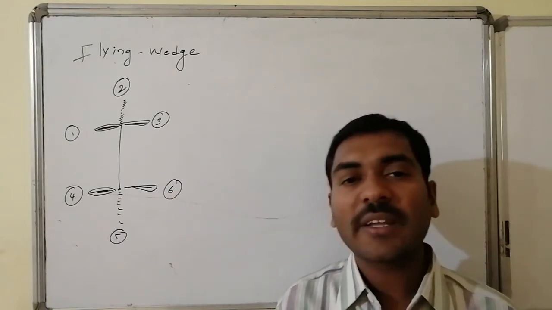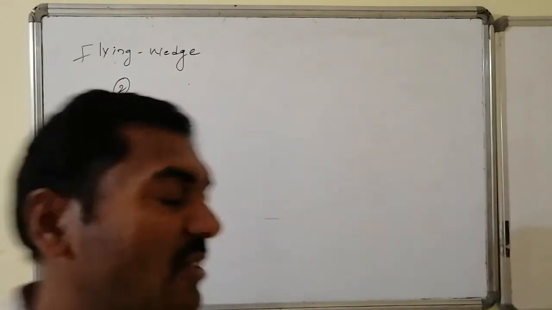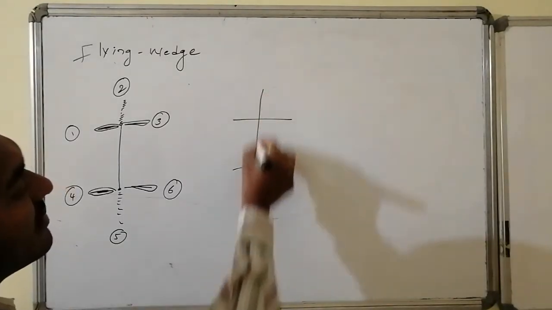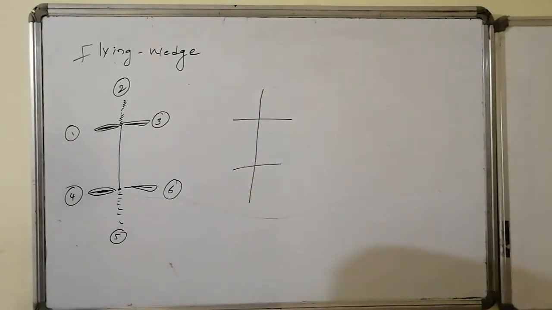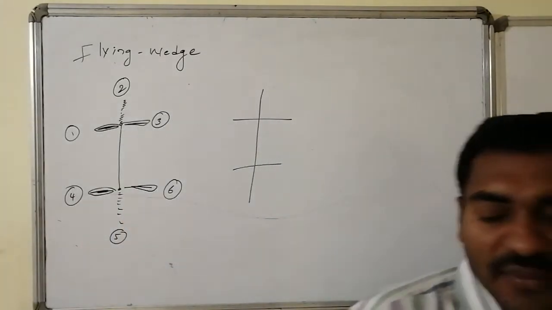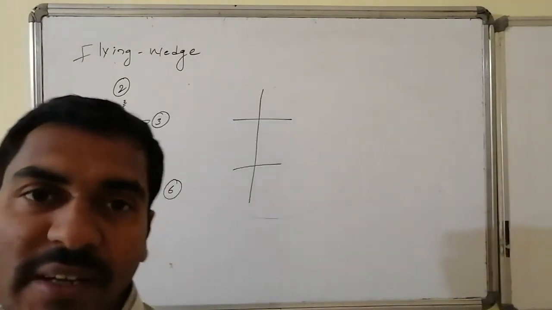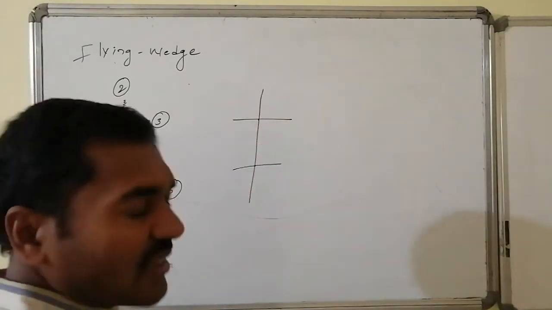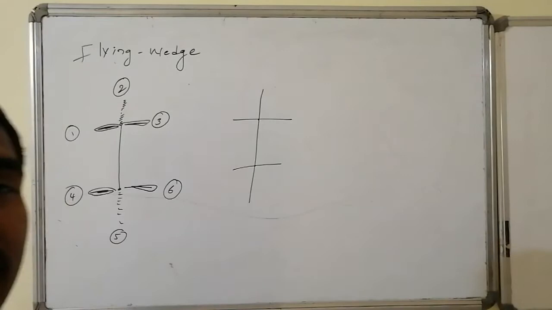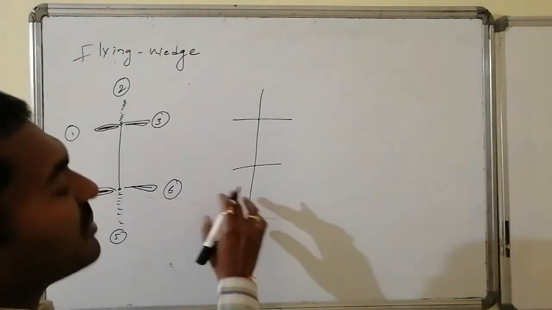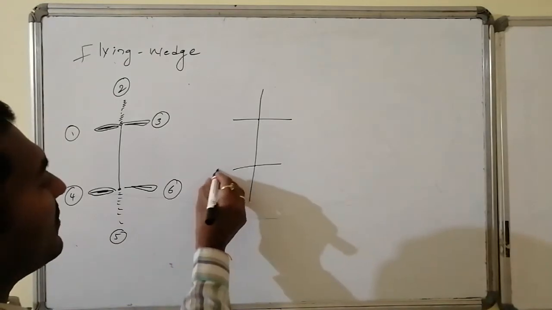Thus, a new model came into existence, which is known as the Fischer presentation. In Fischer presentation, instead of writing the dark lines and the dotted lines, we write a vertical line followed by horizontal lines, where the intersection between vertical and horizontal lines is generally considered a chiral carbon, and here you assume this is a carbon connected with four valencies. Now here, whatever valencies are present at the bottom of the Fischer